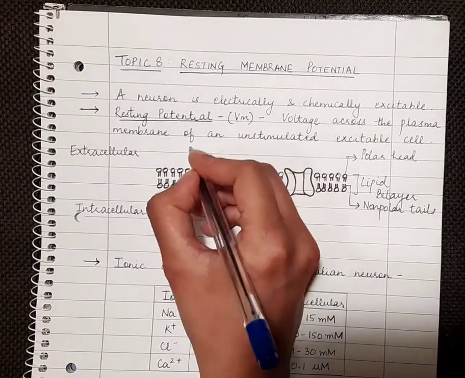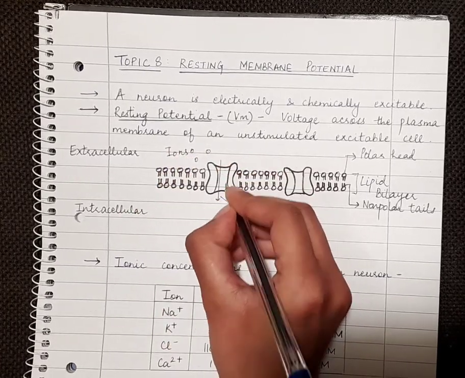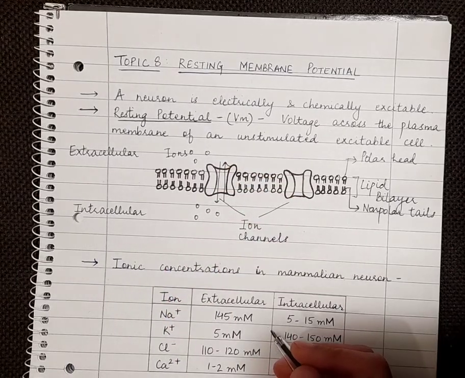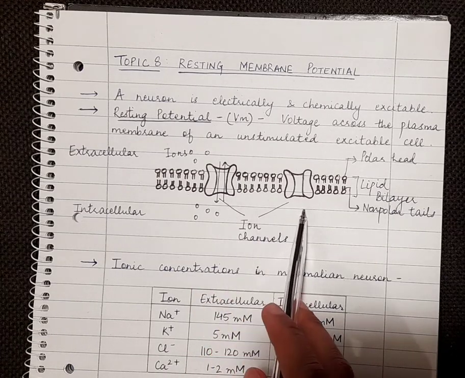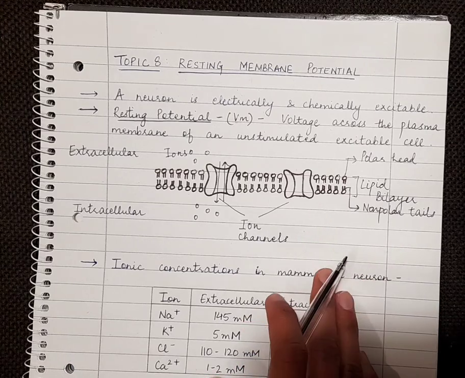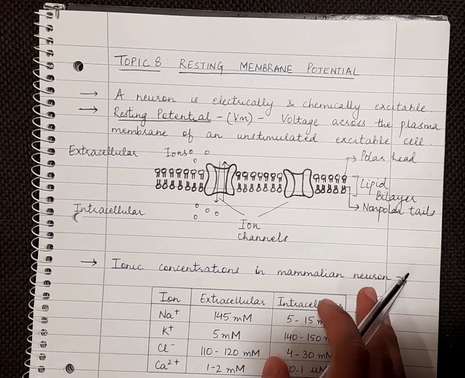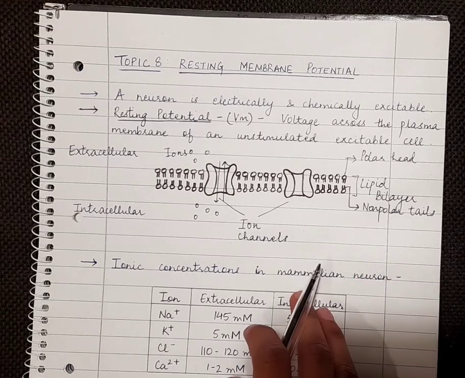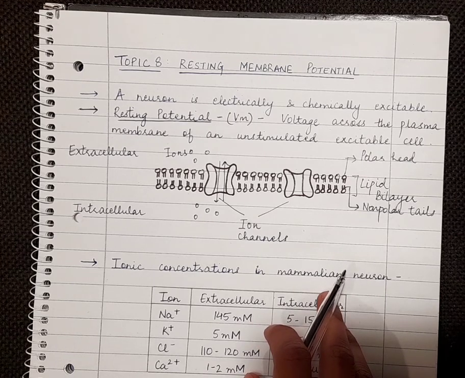So you have ions here, and the channels will allow them to come inside or go outside. You have ions here also. So these are our ion channels. Now, these ion channels can also have different configurations, which means that they can be open or closed or inactive. For a brief period of time they are inactive, and after some time they will again be opened in response to some stimulus. Also, depending on the stimulus, the channels can open.